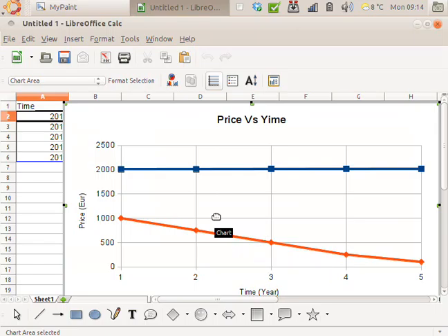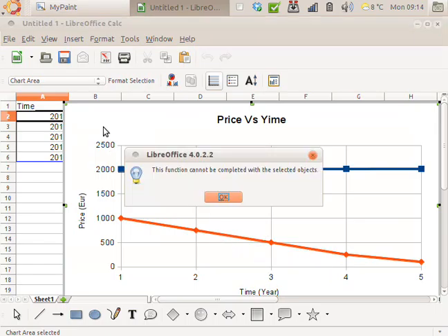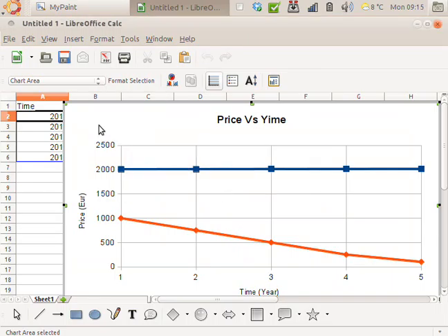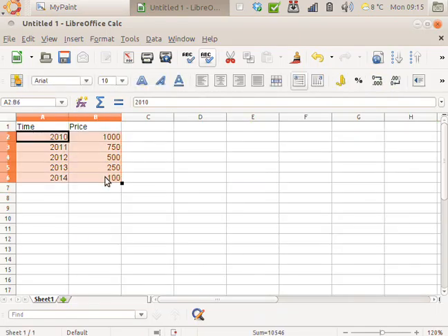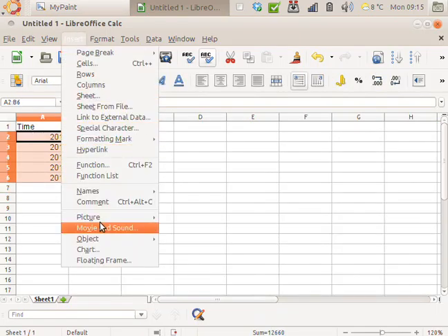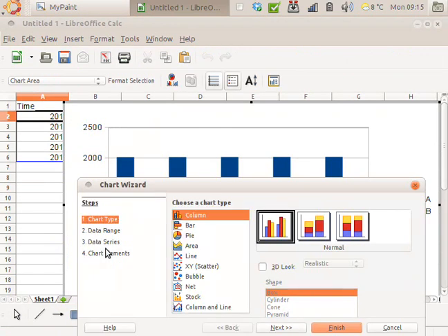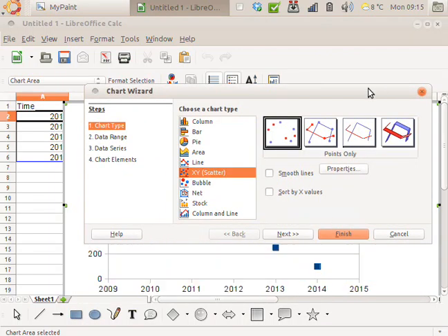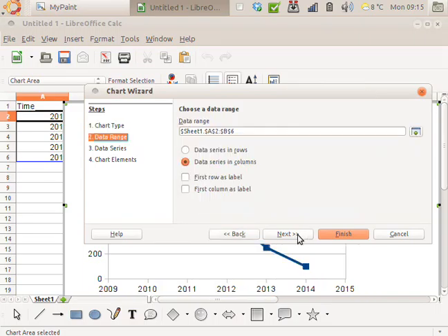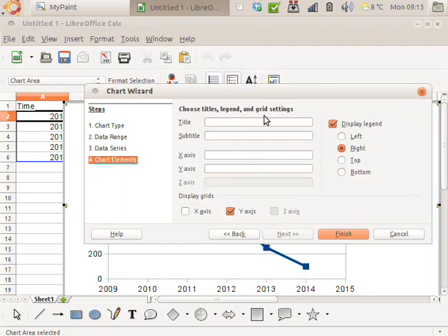Uh-oh. I forgot. Excel is stupid. Delete. Yep, sorry about this, but the problem is in Excel a line graph is not called a line graph. Actually in Excel a line graph is called a scatter graph. It might be good to make note of that, because if you wanted to draw a graph like this for your project, it's actually called a scatter graph, but it's the same one here. You pick that one, and then we go forward, title again.